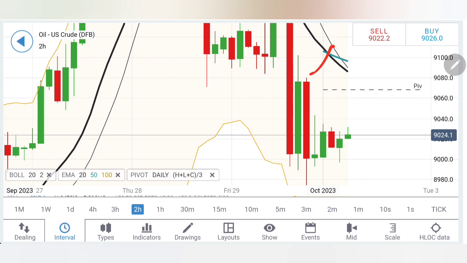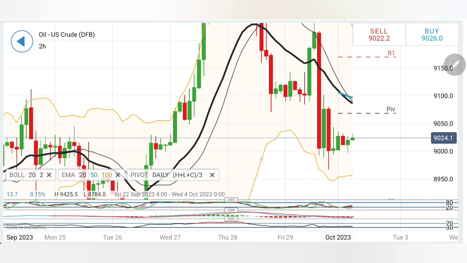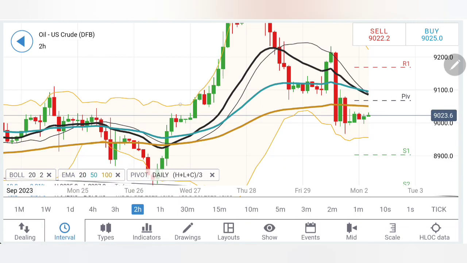However, note this crossover on the moving averages. This is a bearish cross which suggests 90.8, 91, 91.2 is going to remain a great resistance. And on the downside, you can note 90, 89.8 is indeed a great support. So for the day, if you see oil staying below 90 levels, when I say 90, this price, that is the buy price here, it should be below 90 for us to confirm a selling entry. But then 89.8, 89.4 and 89, three major supports exist on the downside. Hence, you have to keep trailing and keep shifting your stop losses to these prices once you see a confirmed direction on the downside.